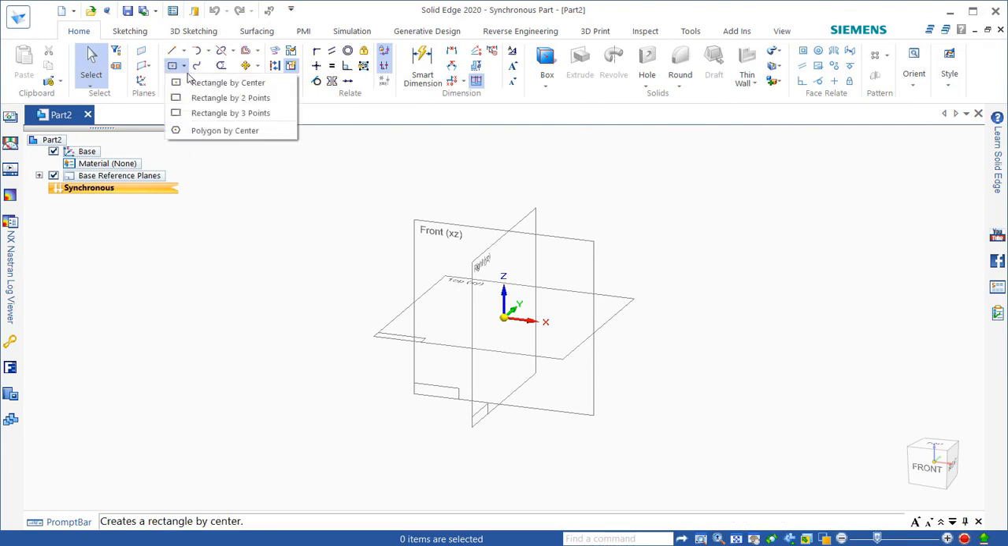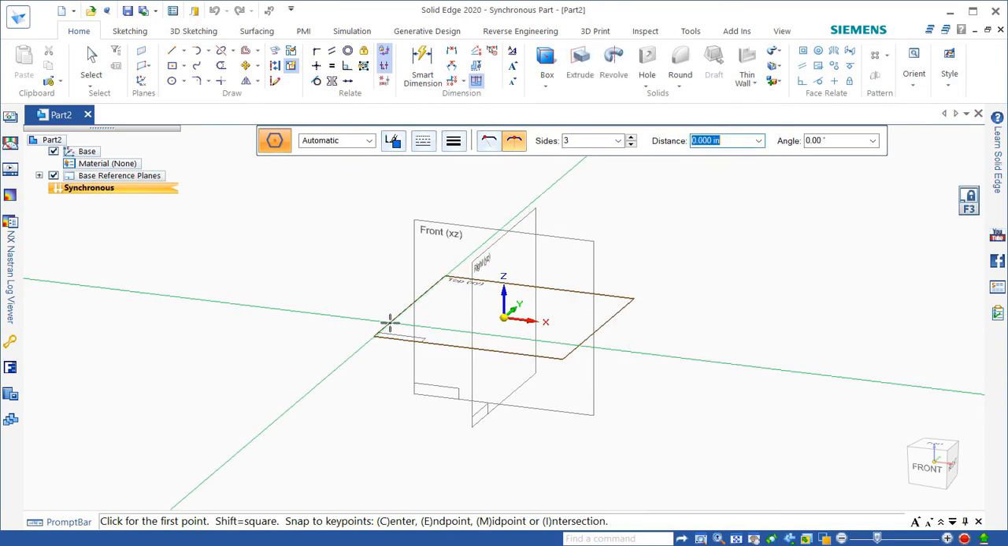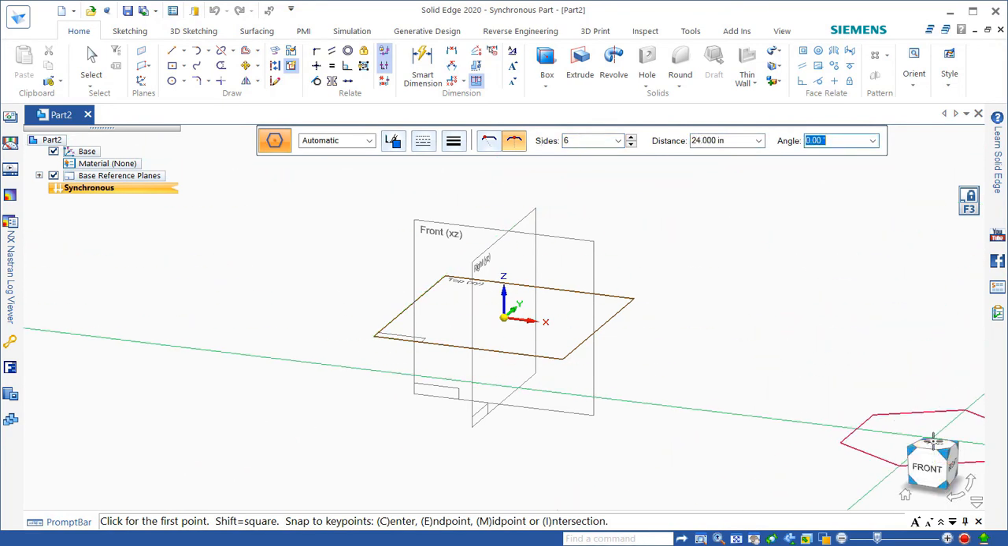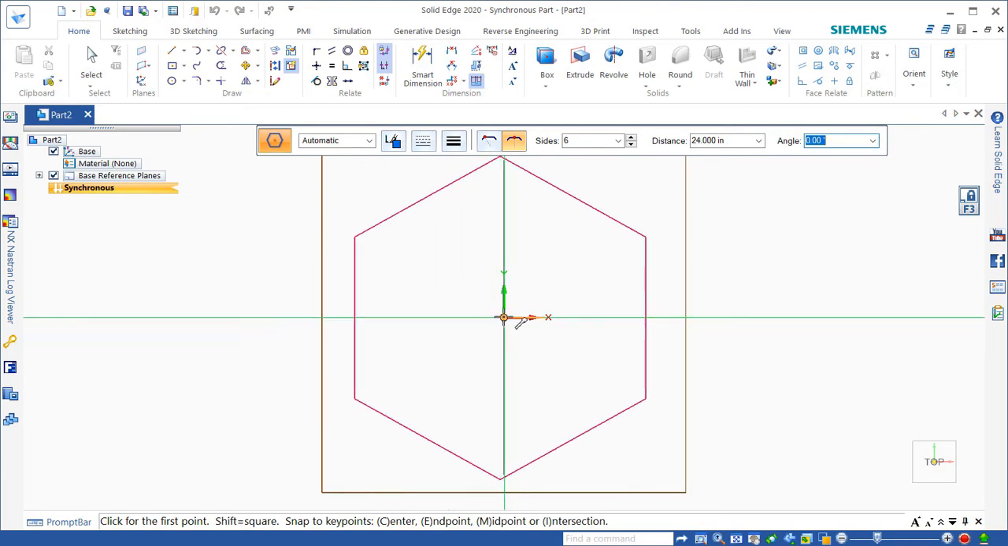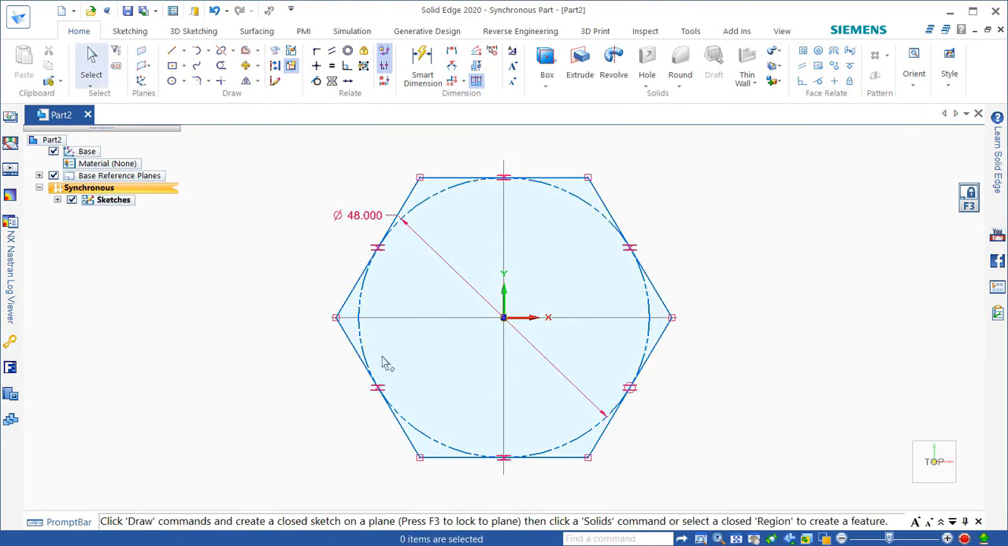And so what we did is just start by going with a hex shape, 6-sided hex, locked onto the top plane. So we set it to 6 sides, and I just made it 24 to start with. Switch to the top plane. So you can see it's 48 inches across the flats, but what I really care about is the length of